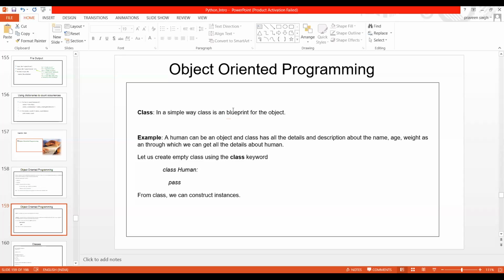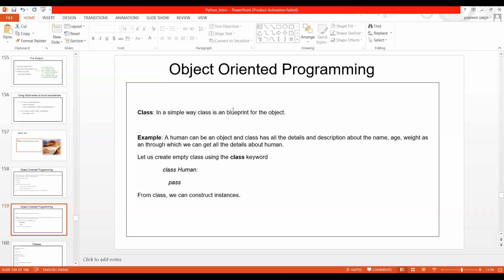Now with this, we can get all the details about the human. So somebody will come to me and want details about Ravi Kiran, so he must have created some object. It is going to access that class using that object.